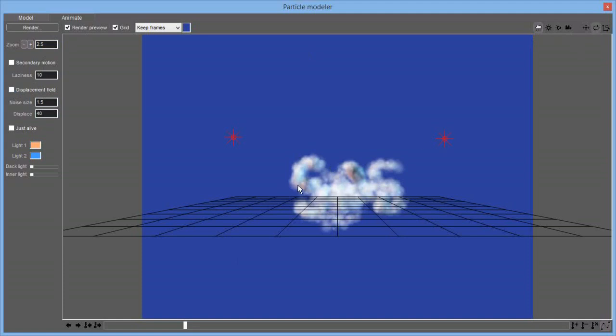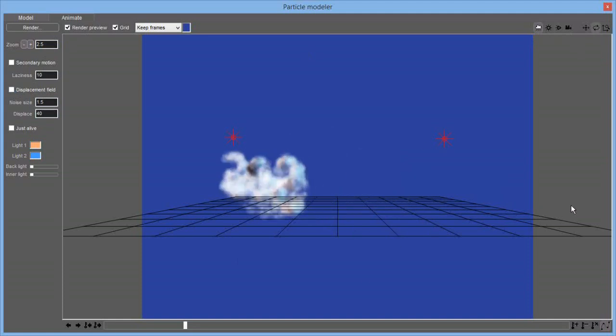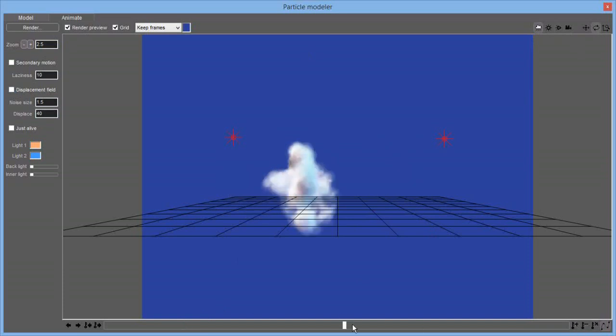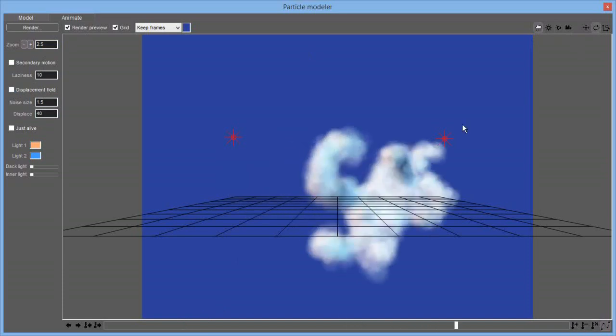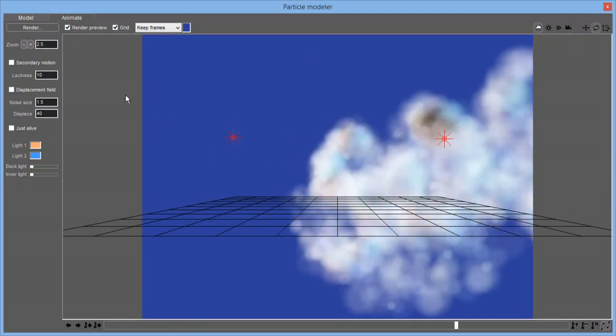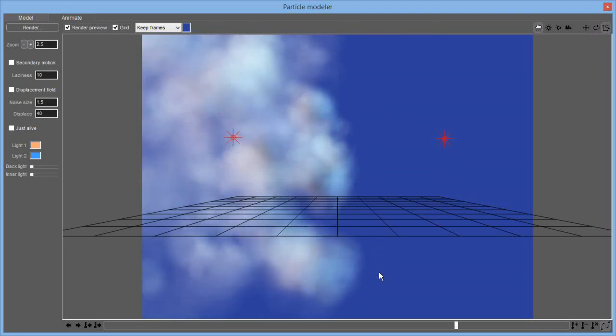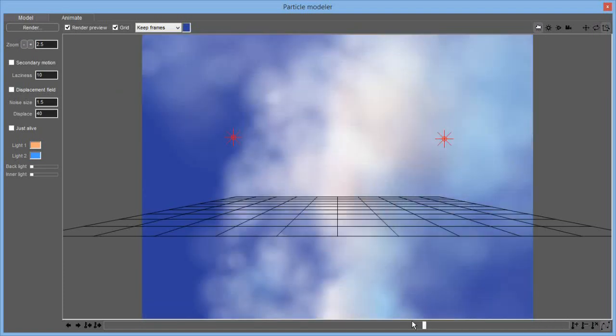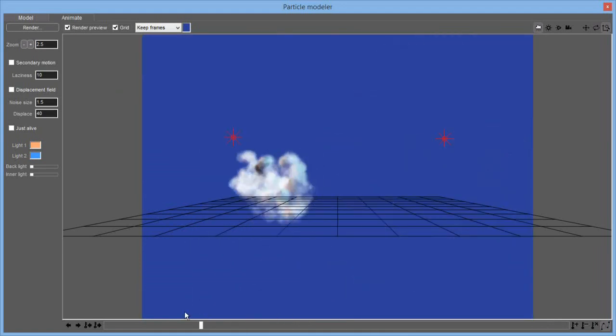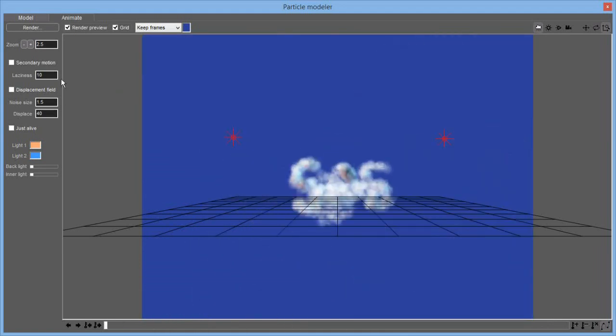I'll select rotate, and we'll just rotate that object around a little bit, set a keyframe for it. We'll move forward in time a little bit more. I'll rotate it again, but this time I'll also scale it, and set another keyframe. So that should be a pretty simple animation. But now, as you see, we click on the secondary motion,